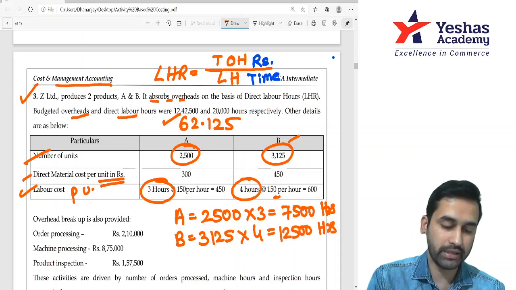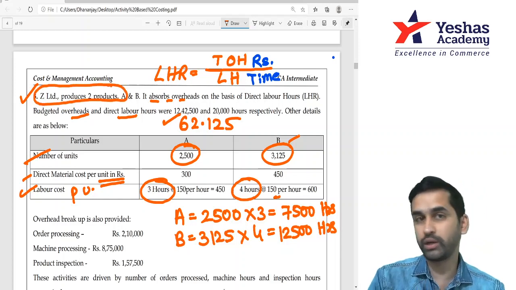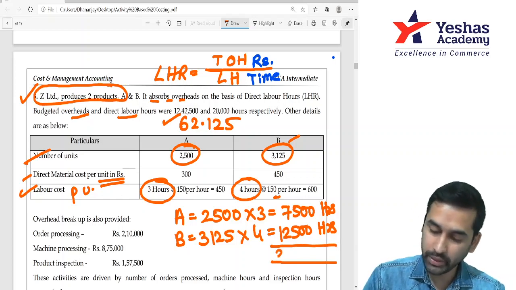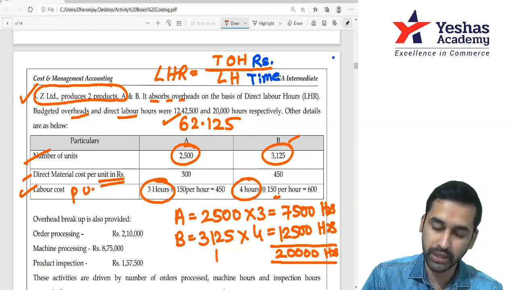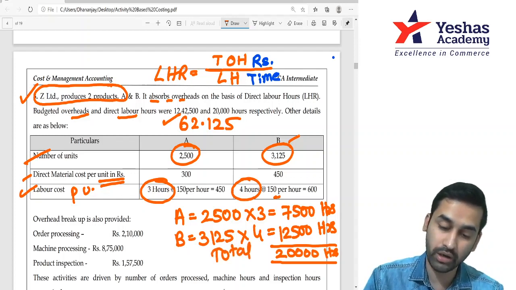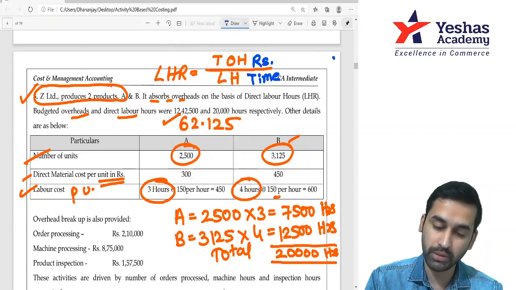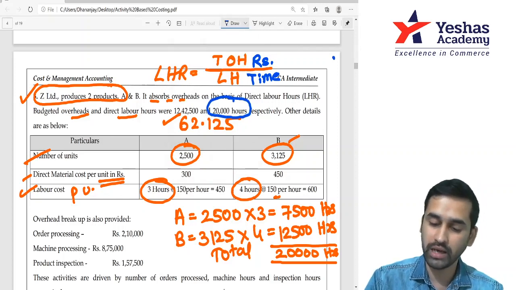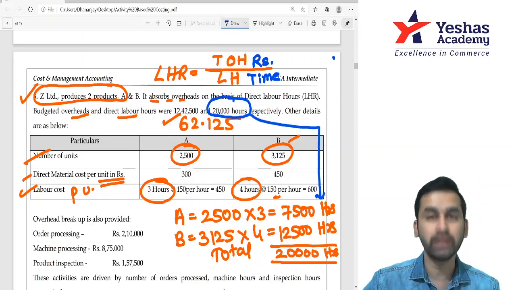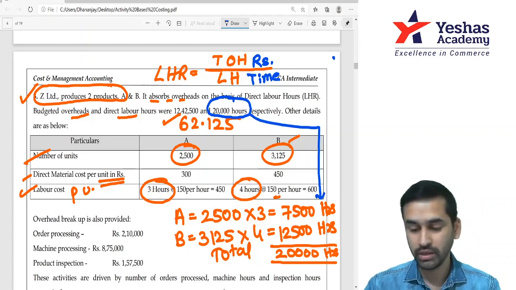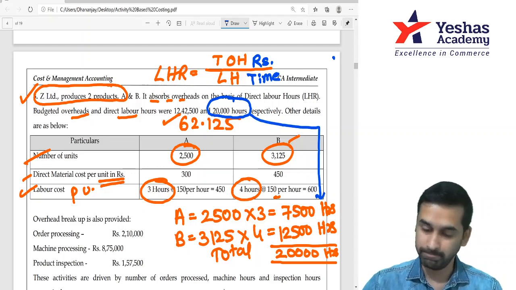In the first line itself, they said company is producing only 2 products. That means if I add these two, I am getting 20,000 hours. Now this should be the total labor hours for the whole company. Correct. Is this number already given in the question? Yes. I am marking in blue now. You observe this number was already given, 20,000 hours, and the 20,000 hours is nothing but the total hours taken by A plus total hours taken by B. Correct? Are you able to analyze the question?